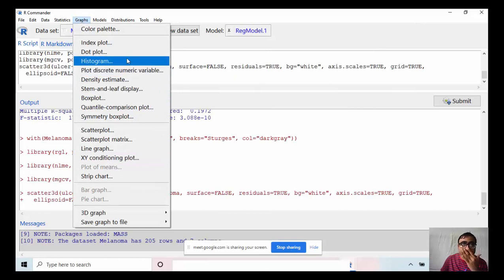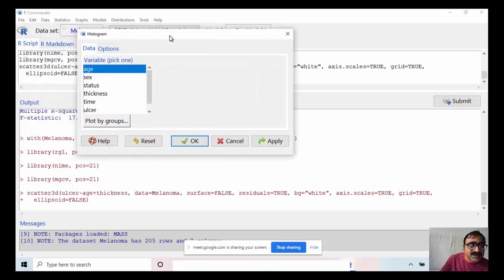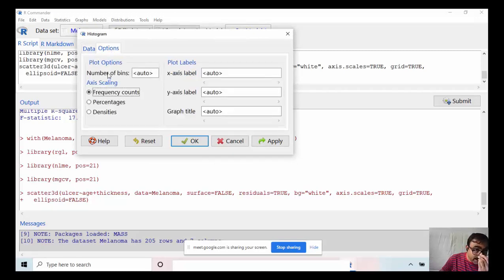So here there is another option also. You can give the titles. Suppose this histogram, you can choose any plot. This is similar, you can try. This is age, and there is an option here, options. So these are the plot options. Number of bins means the columns, it is automatically selected, and you can change it also. I am selecting it into 5. That means age will be divided into 5 categories here.